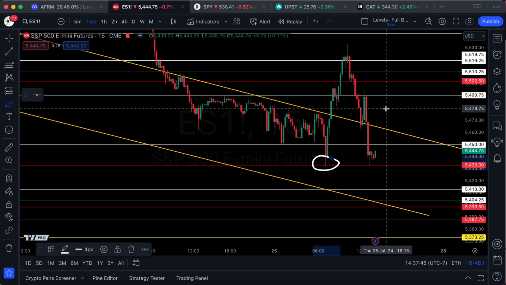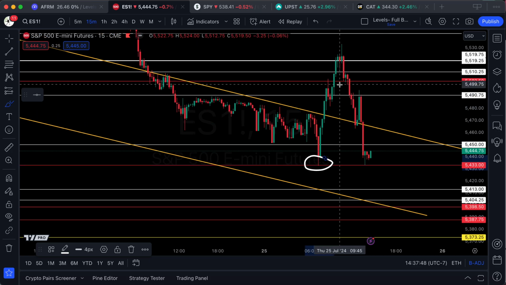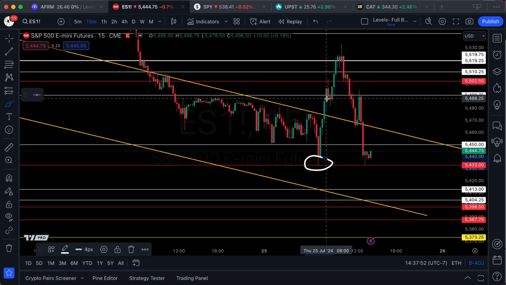Because then we're going to see where our magnets are. And our magnet here would have been this monthly level. So I know that on the outbreak, they're going to try to test that monthly level. So I'm in these calls now until they hit that monthly level. Again, a cycle. And now I'm going to kind of chill for a minute, right?